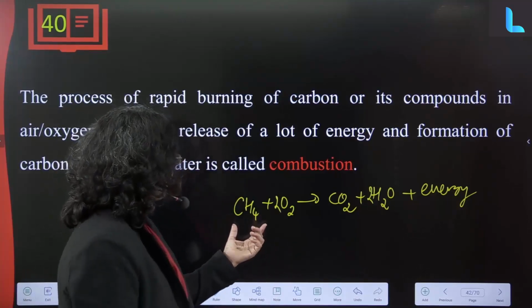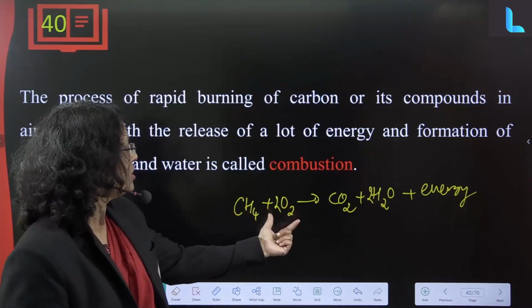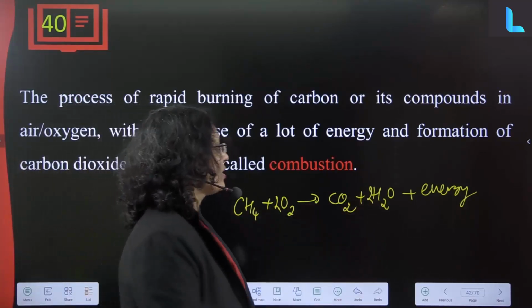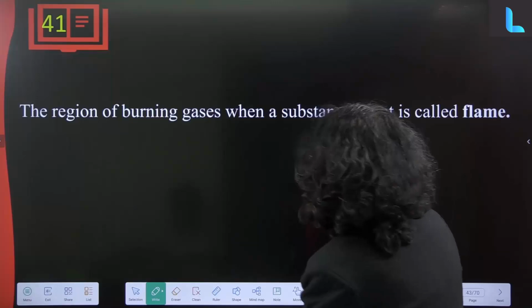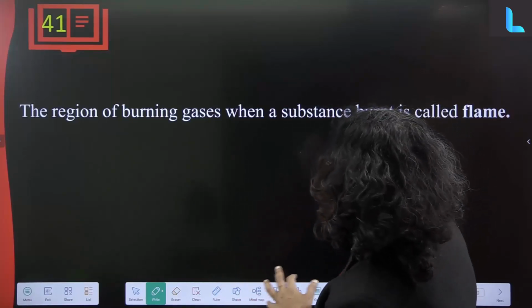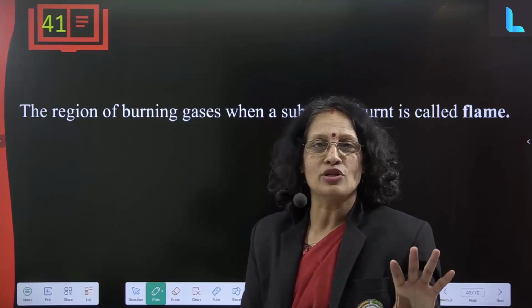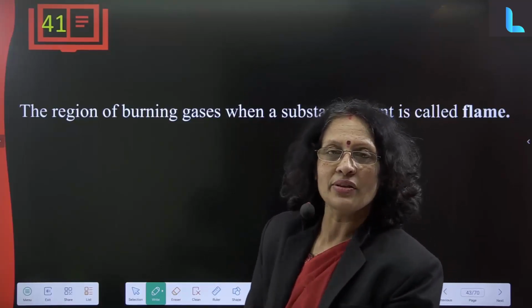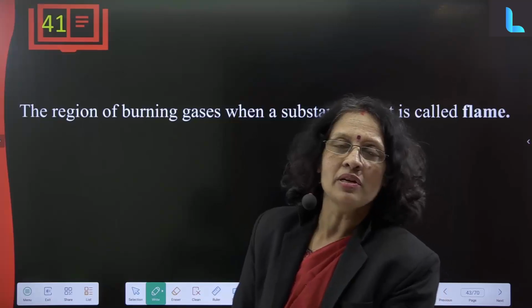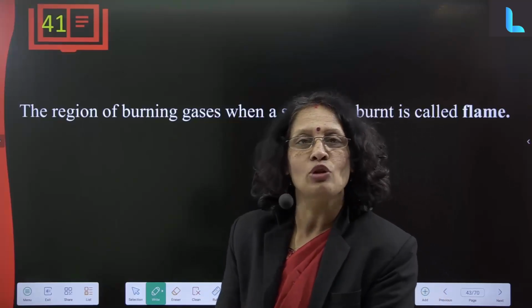For example, the hydrocarbon methane burns in presence of oxygen, giving carbon dioxide, water and a large amount of energy. So this is called combustion. A region of burning of gases when a substance is burnt is called flame. There are three parts of a flame. One is unburned gases, one is the luminous part, the very hot part of the flame, and one is the non-luminous part of